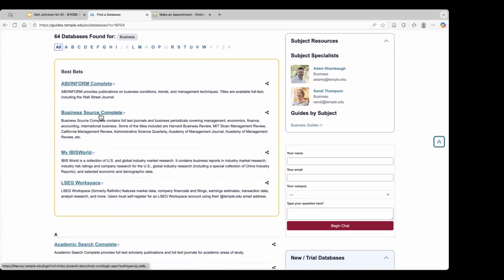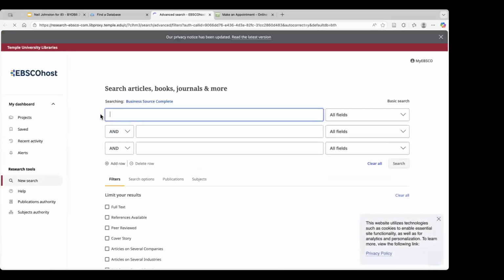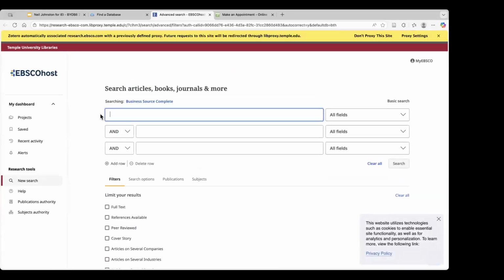I'm going to start with Business Source Complete. Business Source Complete is a very straightforward article aggregator from EBSCO. It's easy to use. It's pretty much as simple as using a Google search, but it does contain a lot of very unique and helpful business-related